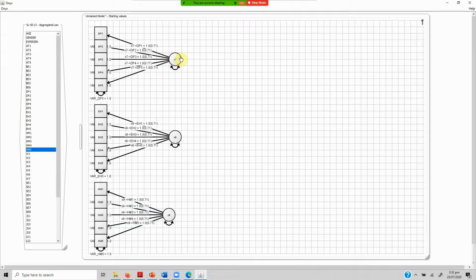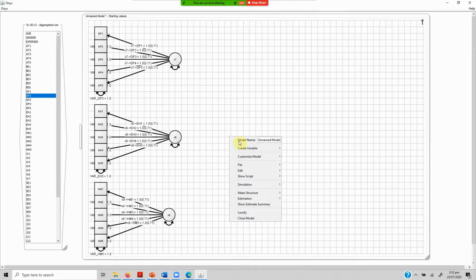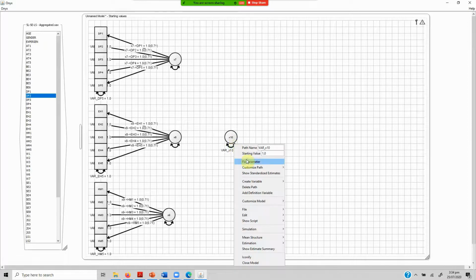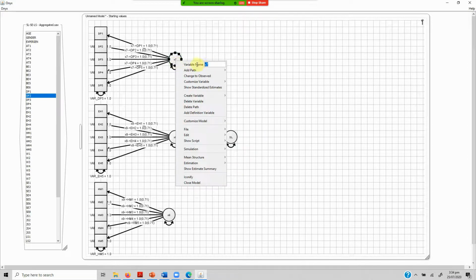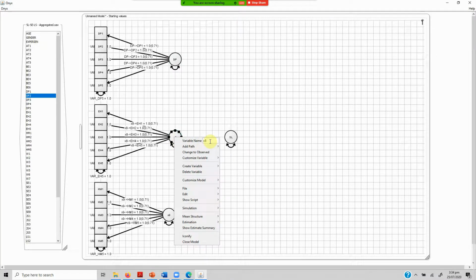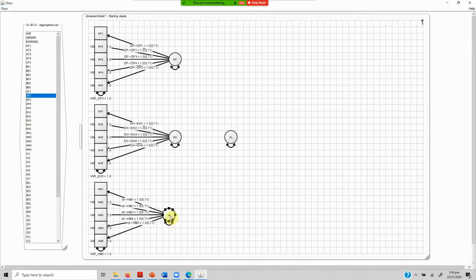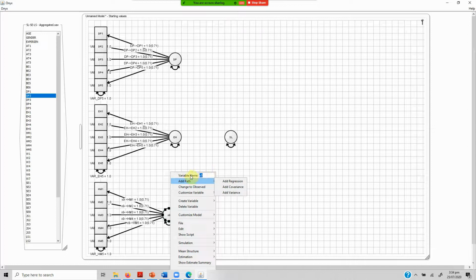Because we haven't drawn any covariances. But in this case, we are not drawing covariances. What we are saying is that these three latent constructs are actually sub-dimensions of another latent construct, a second order construct. So just right click on it, fix its parameter, and this is servant leadership, and this is development, this is EH ethics, and this is your